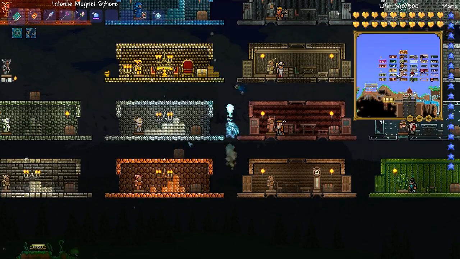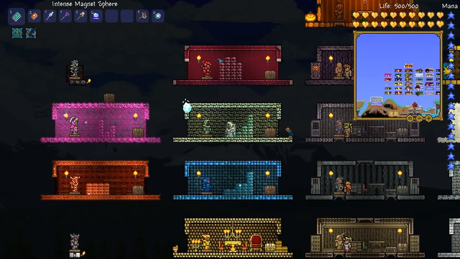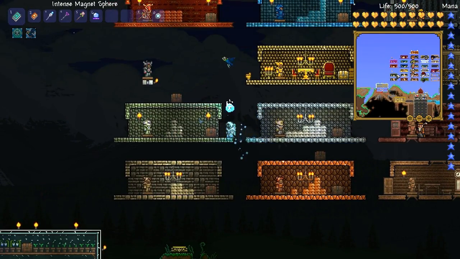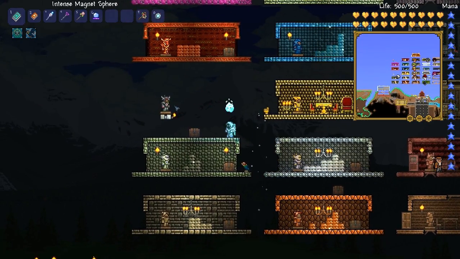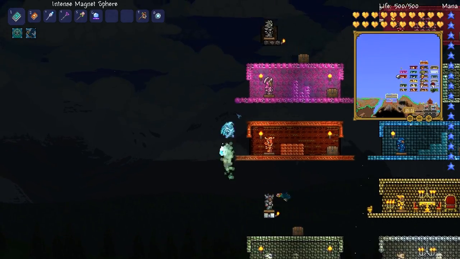So then I have all the standard copper, silver, gold, mithril, cobalt, adamantite, and then the alternate versions. Well, I tried anyway. Tin. What's this one called? Tungsten. I definitely need more platinum to finish that one. The poor guy there has nothing. And then we've got